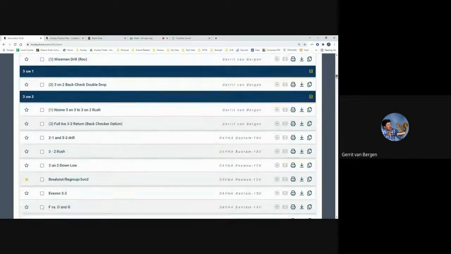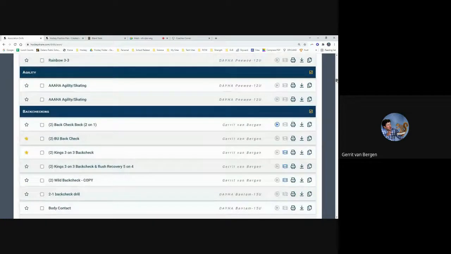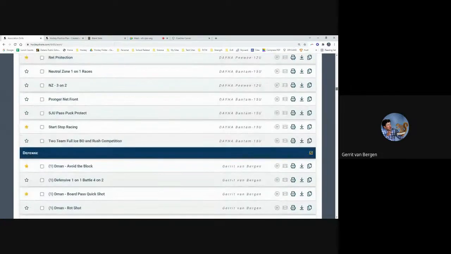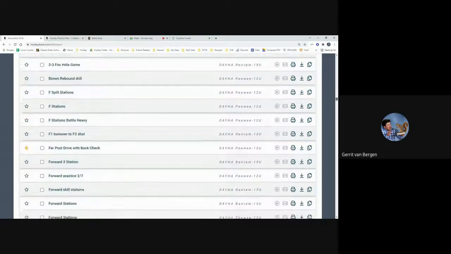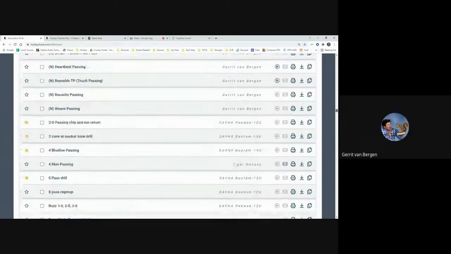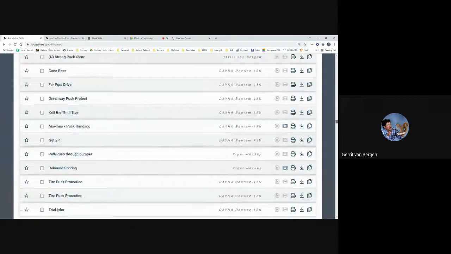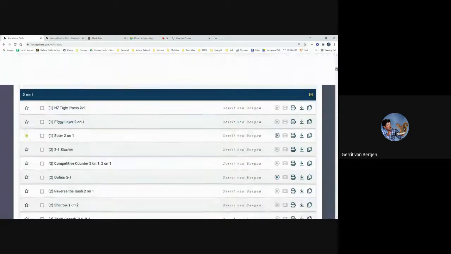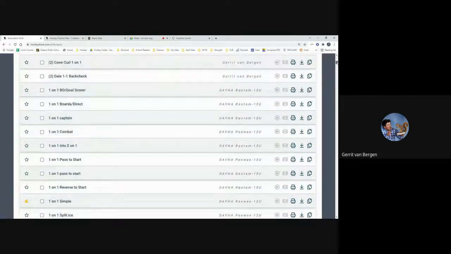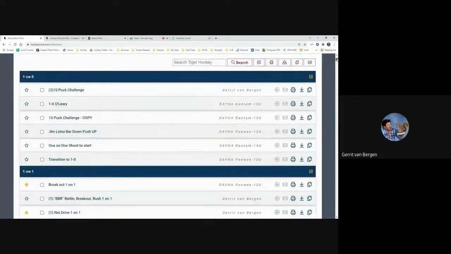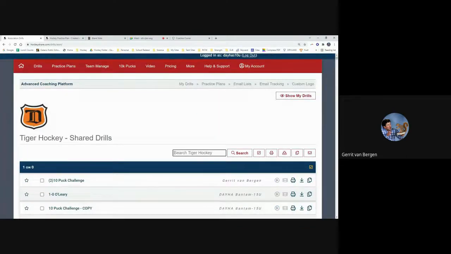So I believe they're again by users, which I think will pop up. Oh, excuse me. This has dumped all of them together into one place. So it is fairly overwhelming in that regard. So that is, again, part of the reason why the favoriting is good. Or if you hear the name of a drill or you see it on a practice plan, for example, let's say,